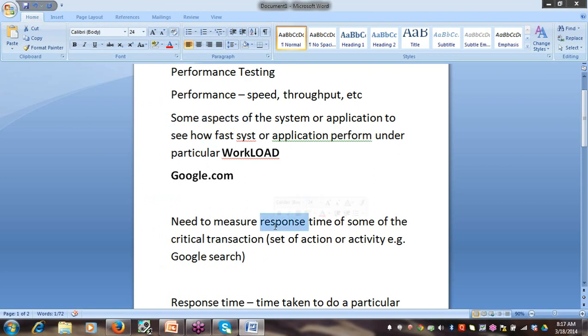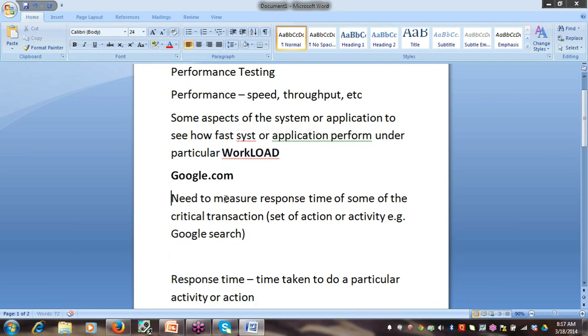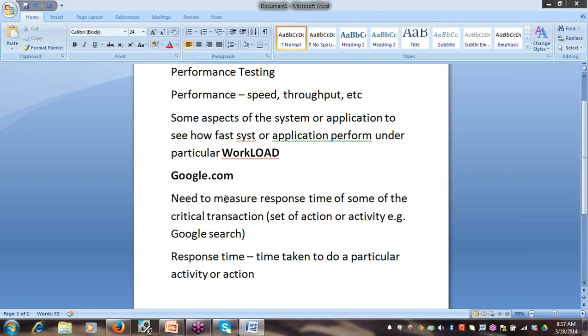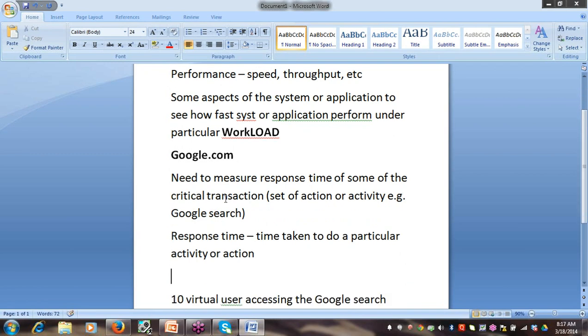Then response time is an important term that we will be using again and again, because during execution of any particular application, we need to measure the response time under a particular workload. You should be aware of this term so that it is easy for you when you get into a project, or when we do a live project here.